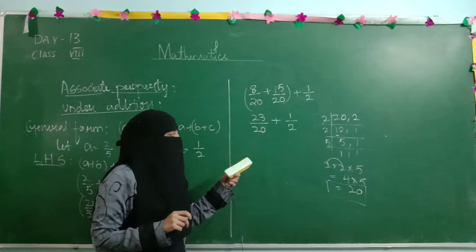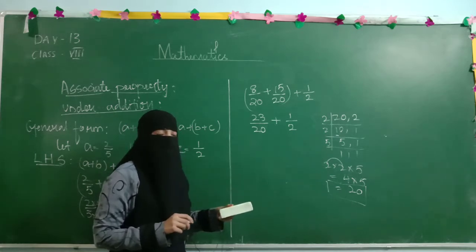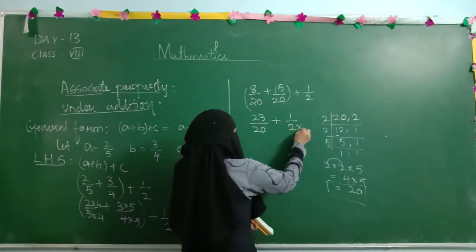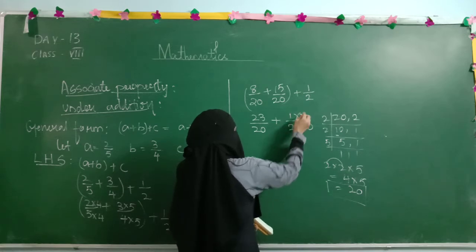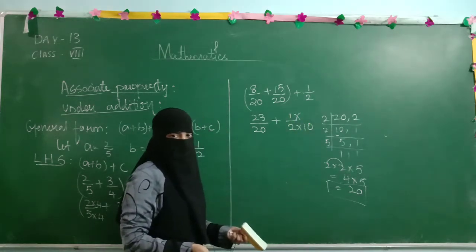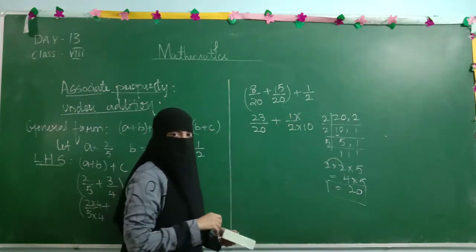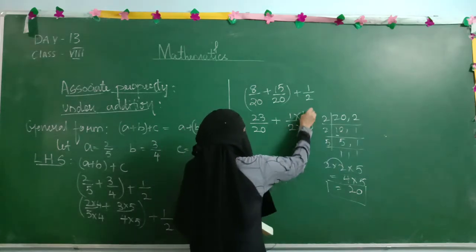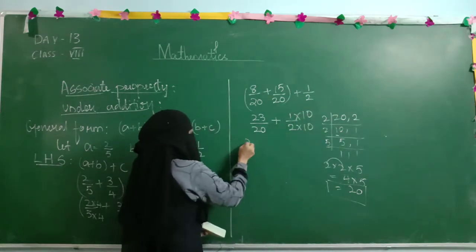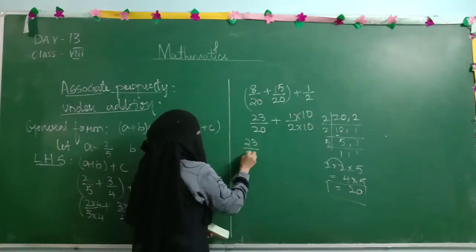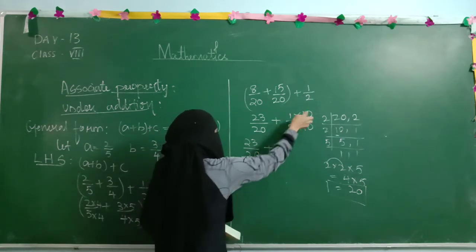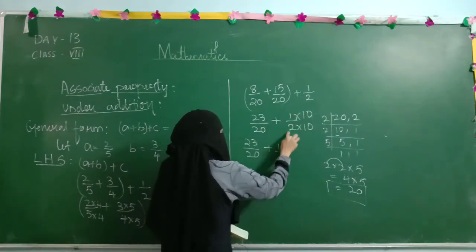Yes, correct, we multiply by 10. So 2 times 10, and whatever number you multiply in the denominator, the same number you have to multiply in the numerator as well. So 1 into 10. Now 23 by 20 plus 1 times 10 is 10 by 2 times 10